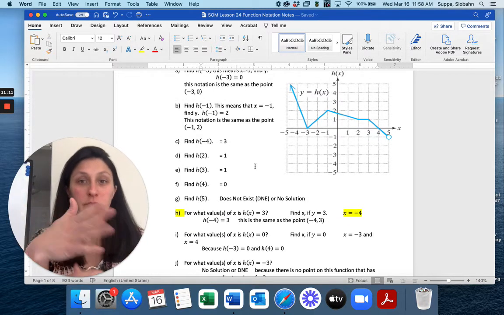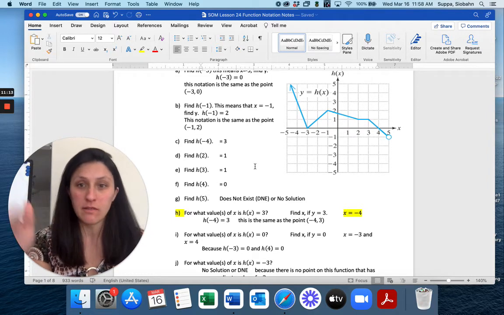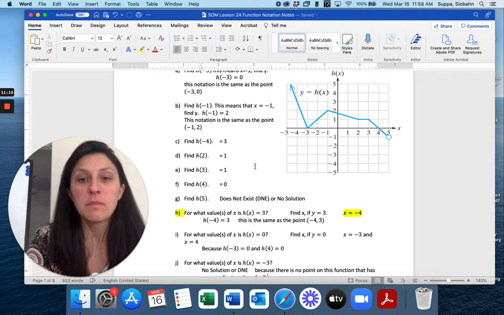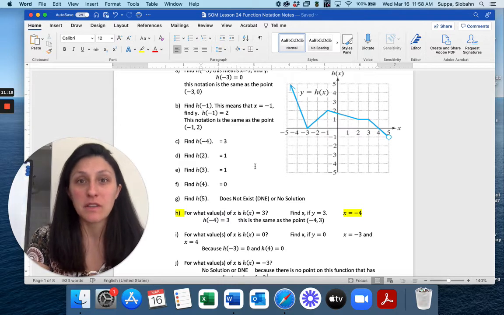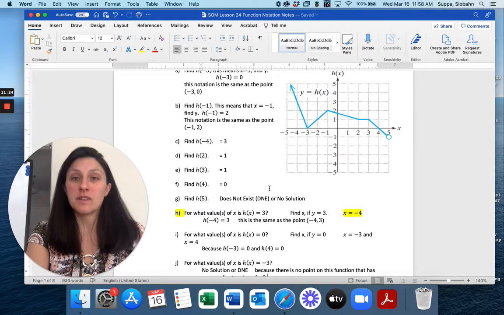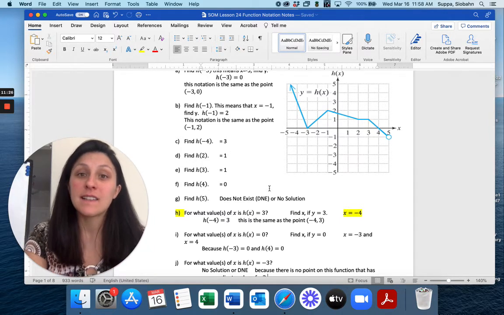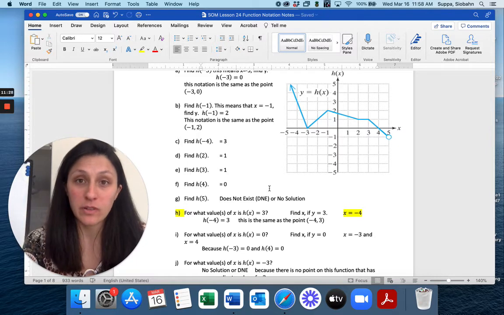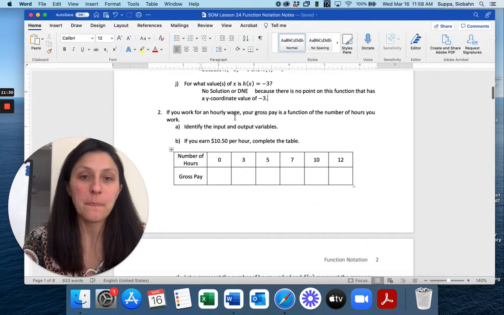We did this devoid of context. This wasn't modeling any real world application, but most of the time you are modeling something in the real world, and it helps to know what these things mean in context. So we're going to do an example of that now, but in the next lesson you will do lots of graphical examples of that. Okay, so if you work for an hourly wage, your gross pay is a function of